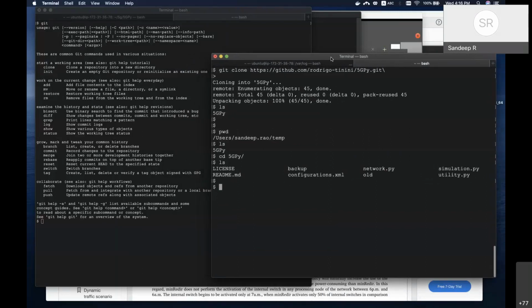Maybe one or two things that you can share from when you ran 5G.py. What did you see happening? Did you get to see the data plane? Which part of 5G did it help you with? Some command line output, I didn't get it.